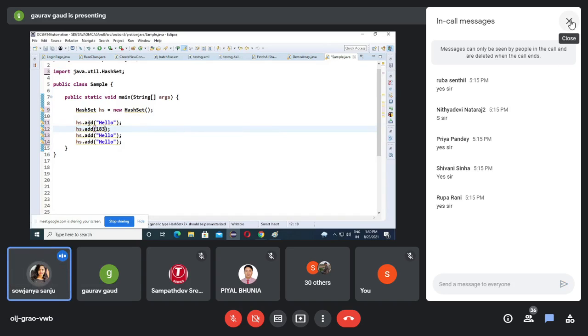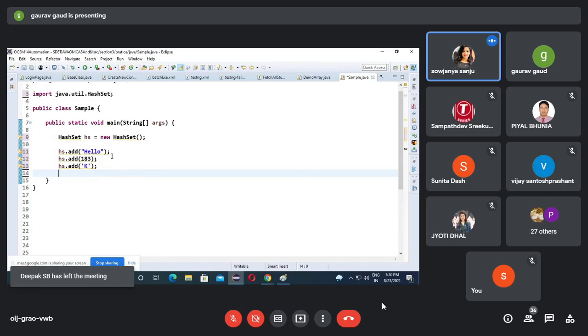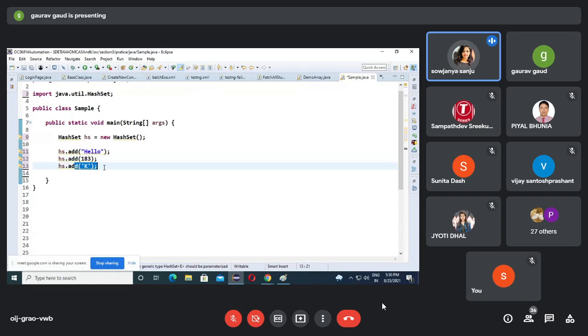Let's assume I enter hello, then I enter what? 183. Let's assume here I am giving k. That's it, let's assume only this. Now you tell me, I am entering all the data in the form of objects. Yes or no? This is an object of which class? String. This is Integer. This is Character.